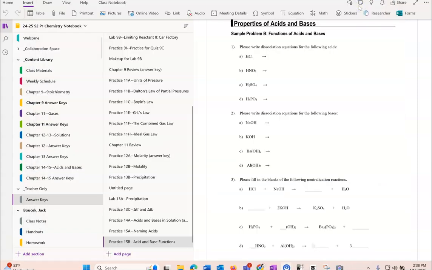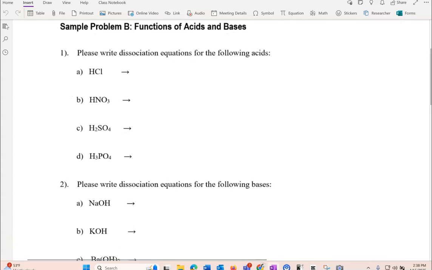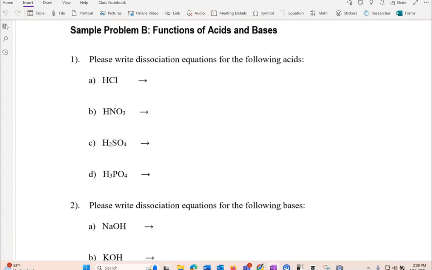Okay, here is practice 15b, dealing with the functions of acids and bases and how they interact in solution. So the way we're going to do this is, first thing we're going to do is practice our dissociation equations